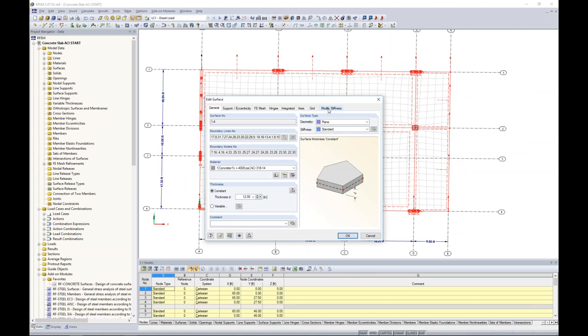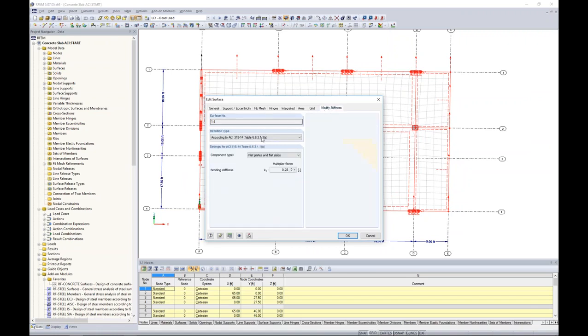Now, if I go to this tab called Modify Stiffness, the default in RFEM is to have this set at none. And what you need to keep in mind is that if you're doing any type of ACI design for columns, members, walls, flat slabs, you need to modify this stiffness here according to ACI. So we have this simple drop-down box, and now the only thing that I need to do is to select